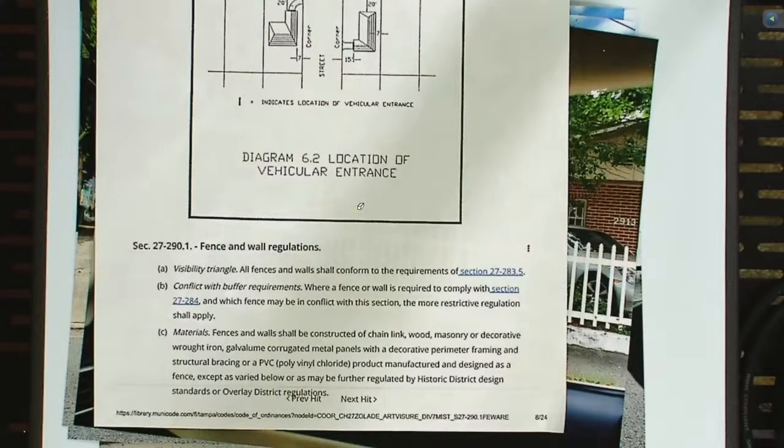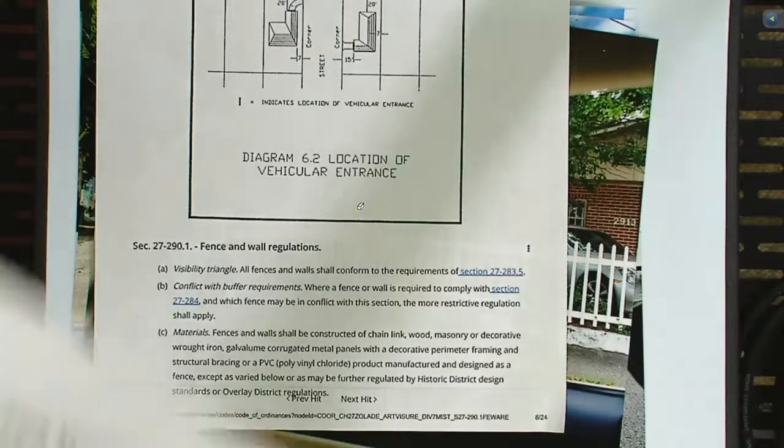So it's here in chapter 27 of the code, which covers zoning and land development under Article 6, Division 7, Section 27-29.1C. This section here covers fencing, and it states that materials such as, I'm just going to paraphrase, wood, chain link, decorative wrought iron, vinyl, and other materials may be used for fencing. But it does go on to say that historic districts do have the ability to further regulate those standards. So that kind of led me to the point that we're at right now, which was to review